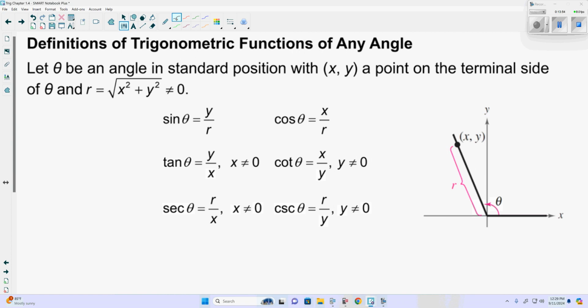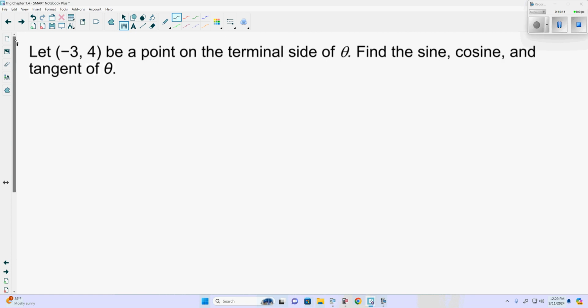So sine is equal to y over the length, or hypotenuse. Cosine is x over r. Tangent is y over x, cotangent is x over y. Secant is r over x, and cosecant is r over y. So by this here, we can find sine, cosine, tangent, secant, cosecant, and cotangent from this here. And really all of these here